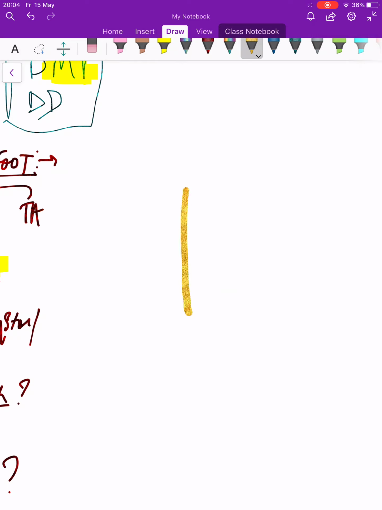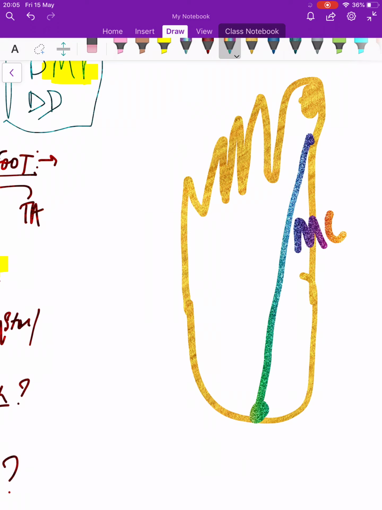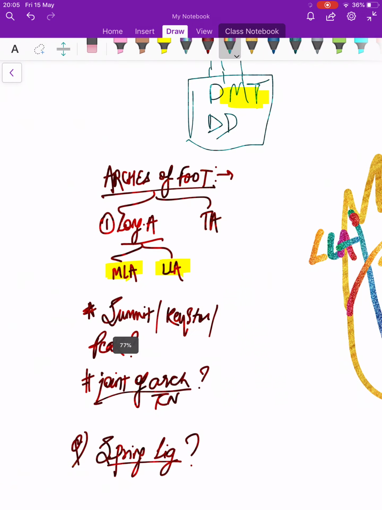This is our पैर, ठीक है। सो इसमें ये हो गया मीडियल लॉन्गिट्यूडनल आर्च, देन ये हो गया लेटरल लॉन्गिट्यूडनल आर्च, एंड ये हो गई ट्रांसवर्स आर्च। इस तरह से होता है।